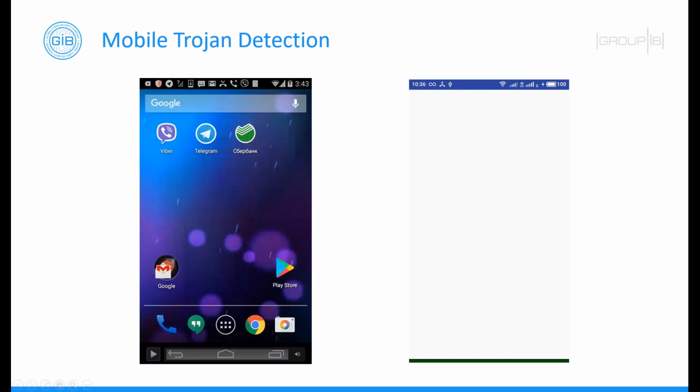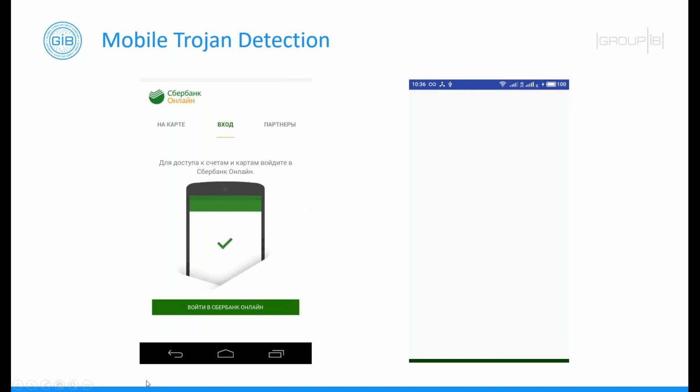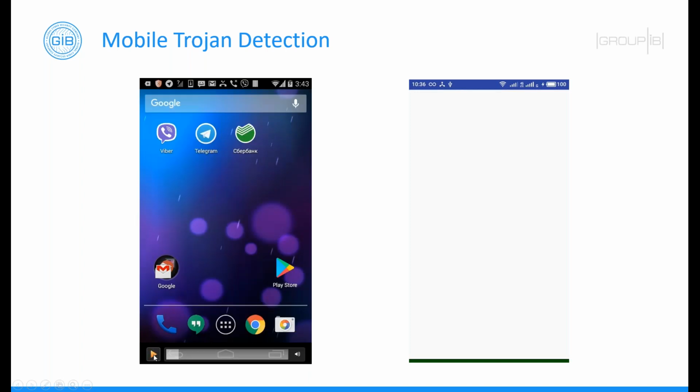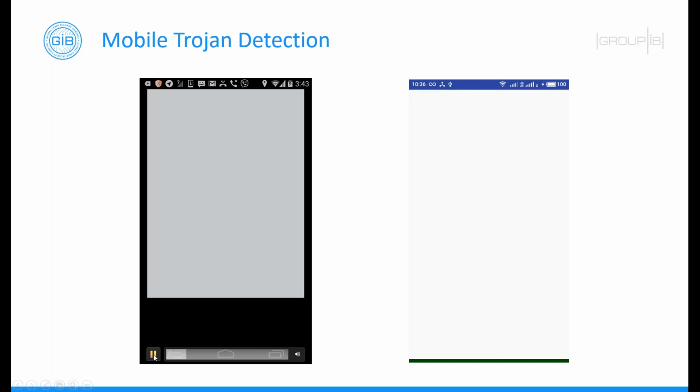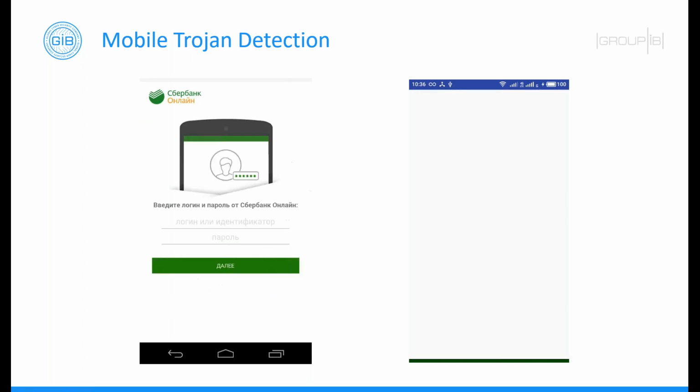Here are two examples of mobile Trojans, how they operate and how Secure Bank is capable of detecting them. So this is the video of how the Trojan actually replaced the window. You can see there was a switch. I will just go quickly and repeat it again. So the legitimate app has been launched, and now it is switched to the malicious one. So now you see the screen of the malicious application.